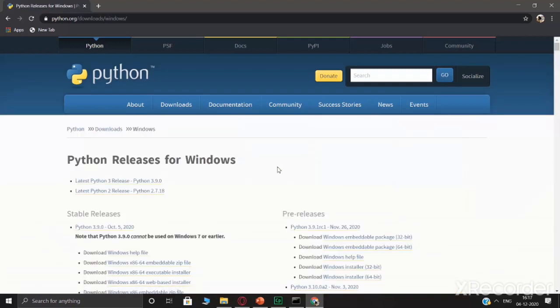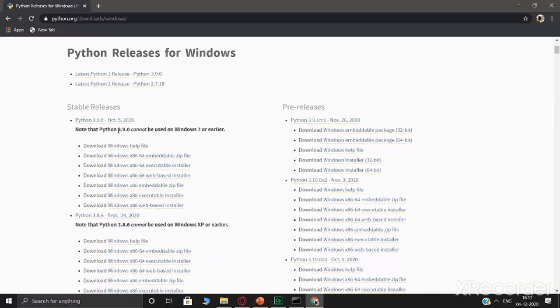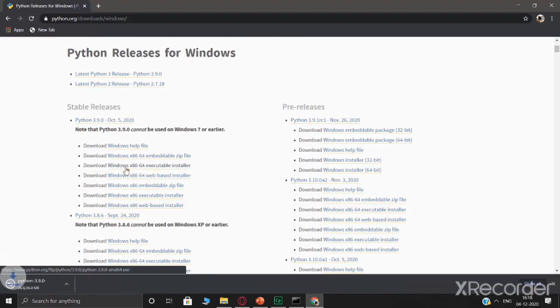This page opens up, and you scroll down. As you can see, the latest version is Python 3.9.0, which cannot be used on Windows 7 or earlier versions. Since mine was on 3.8.2, we can use this opportunity to upgrade mine as well. We click on the link which says download Windows x86-64 executable installer.